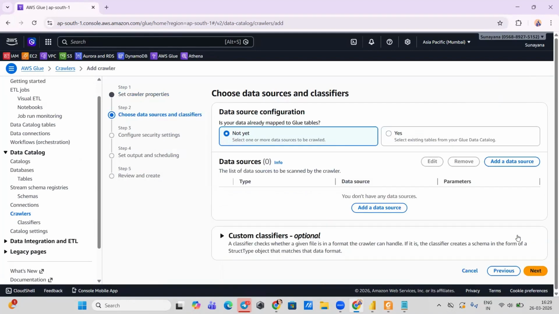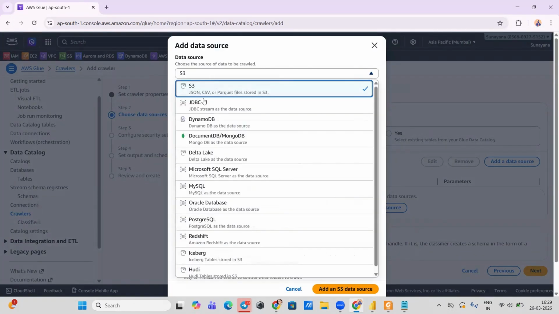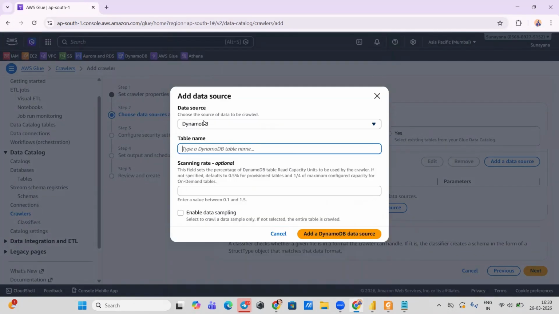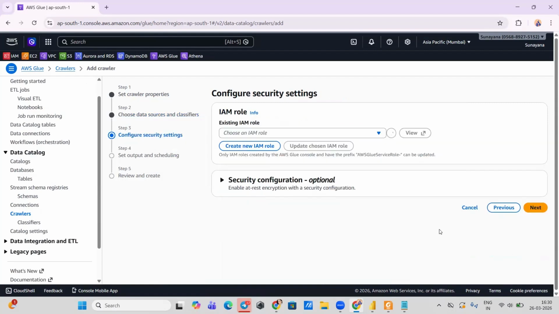Next. Keep it as it is, and then add data source. It's DynamoDB over here. From here, we'll click on our table name and then add DynamoDB data source. Once this is done, next, then choose IAM role. So you'll need to create an IAM role. For that, go to IAM